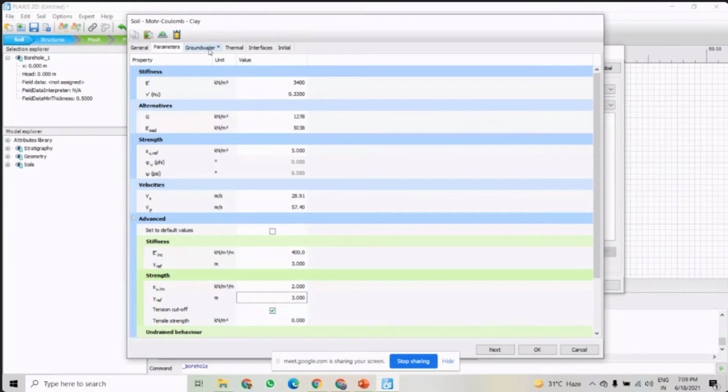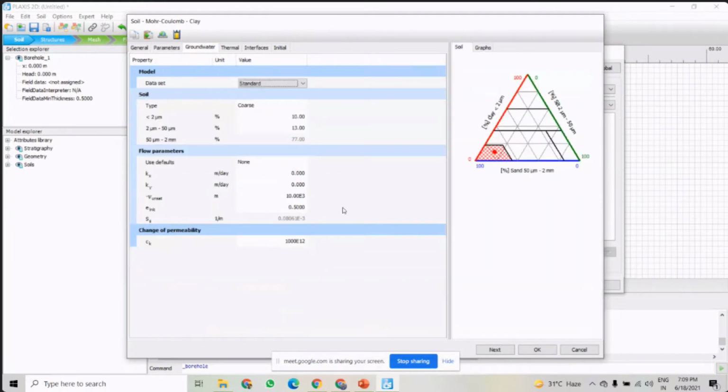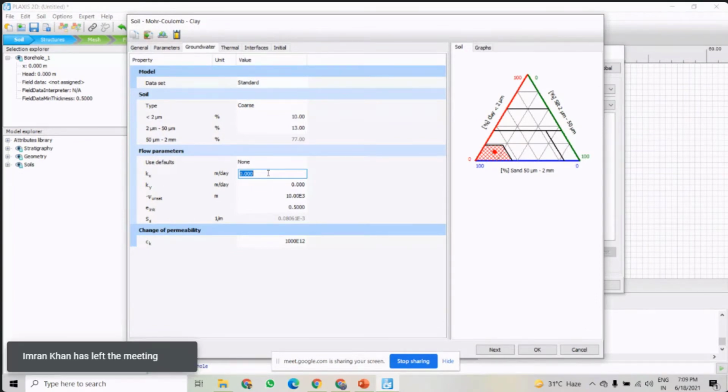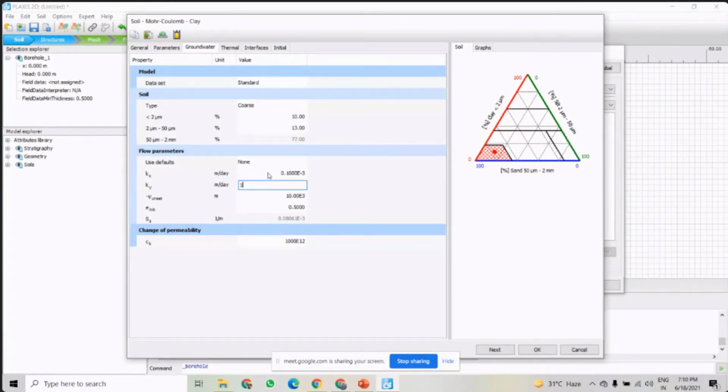Next, groundwater. In groundwater, we'll fill in the permeability in the horizontal and vertical directions. Ky is the vertical direction and Kx is the horizontal direction, so it will be 1e-4 and 1e-4.